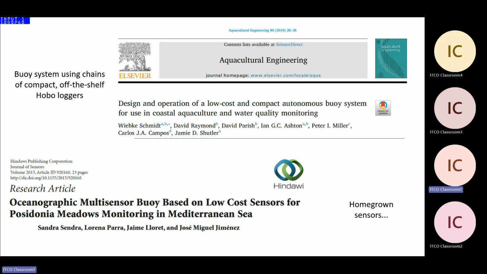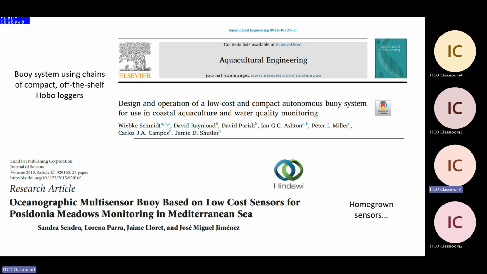A couple other examples of these are two papers. I'm just going to post links to them here. The one on the top is a buoy system that's designed around a line of compact off-the-shelf HOBO loggers. They're little loggers for all sorts of different parameters. That's the kind of thing that can be really useful to build systems for aquaculture, coastal water quality, or lake